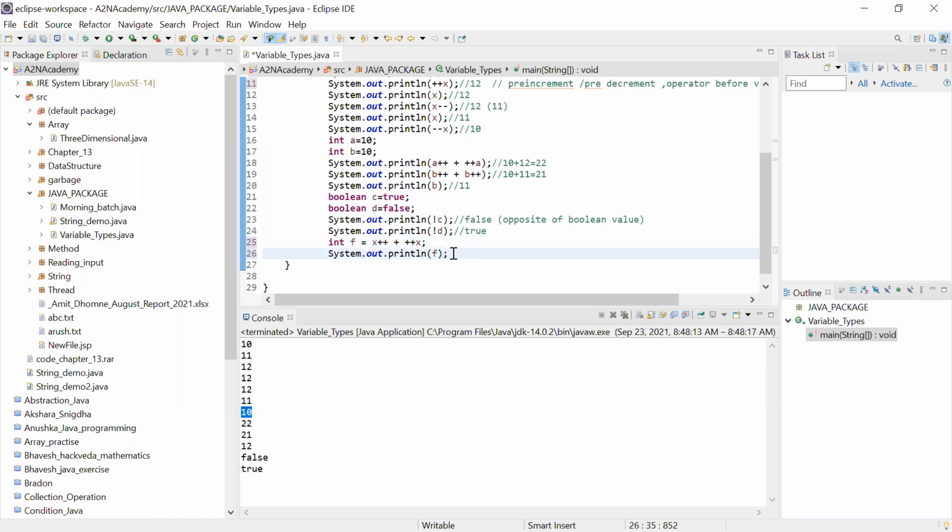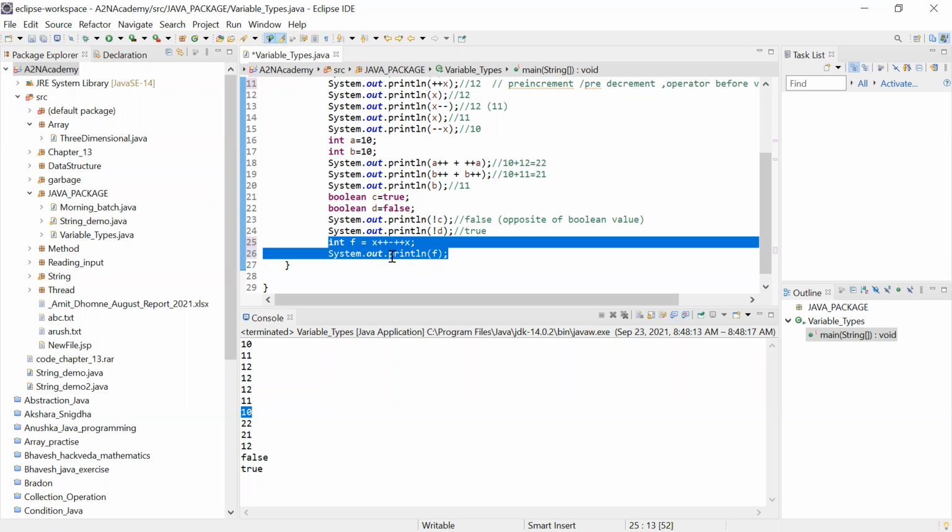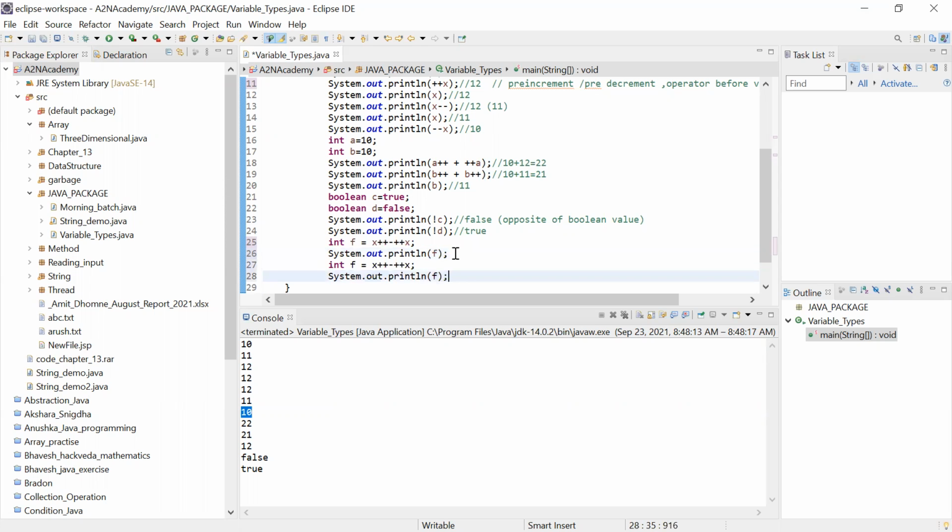So it is going to give you 22 now, and in case of minus, it is going to give you... okay, let's take both. So I'm taking both here. Take it as f, and similarly, I'm taking it for g. So you will get an idea. Yes. So it is going to give you 22, and this is going to give you minus 2.